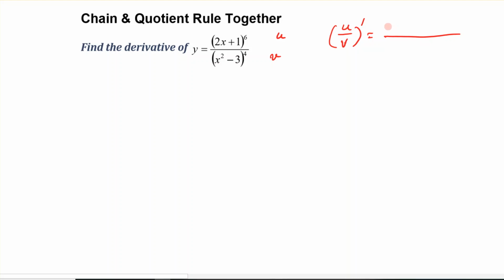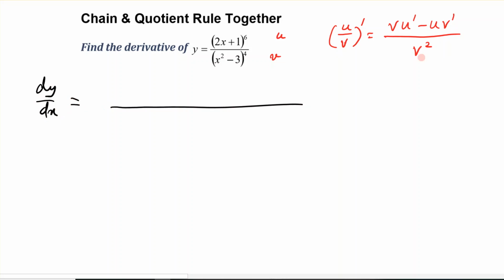Low d high minus high d low over the square of what's below. So this is your quotient rule. If we take the derivative in this case, we will have the square of v, that is the square of the denominator, x square minus 3 raised to power 4, and then squared, so that would be raised to power 8, and then the denominator as it is,